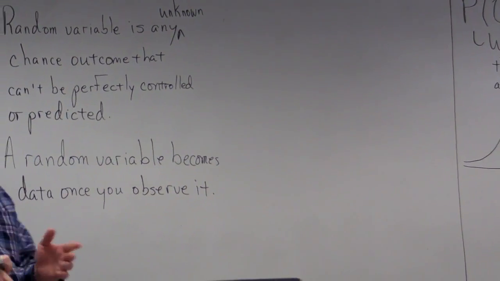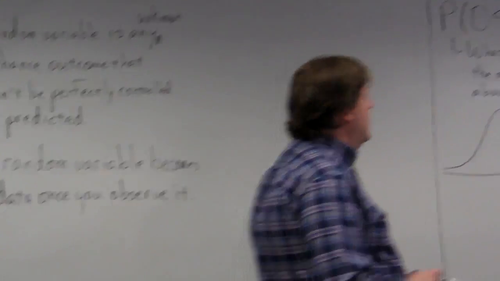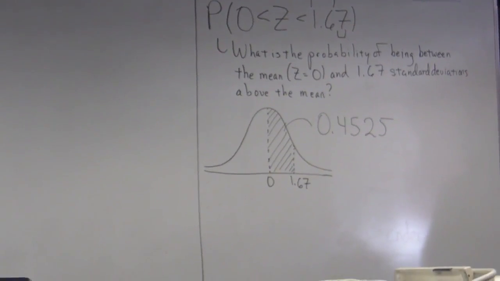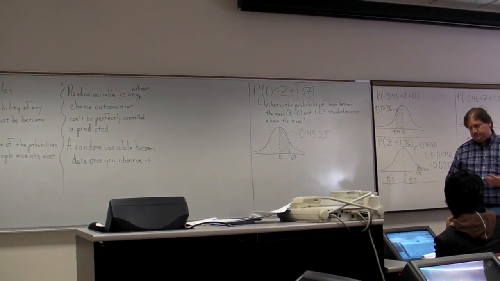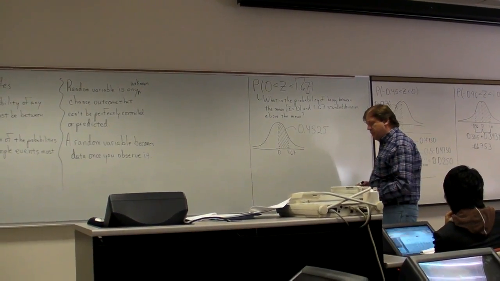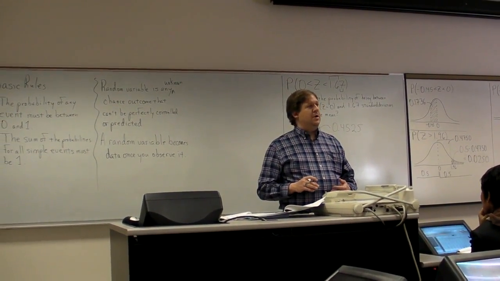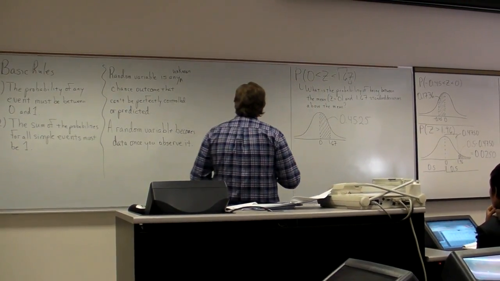So what I want to do is one more thing. So far I've talked about, I don't want to say a nebulous situation, but what's the probability of a z-score this or a z-score that. And that's all fine and good, but typically we don't talk about the world in z-scores. Okay? What we talk about is what's the probability of this. So maybe what I want to look at is